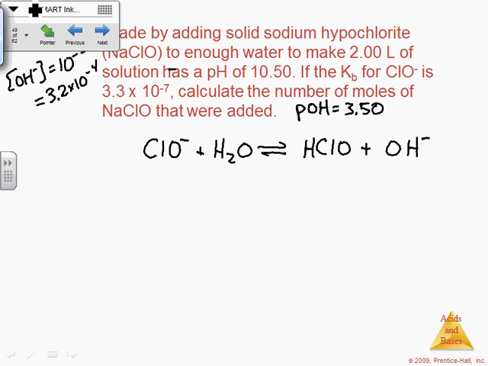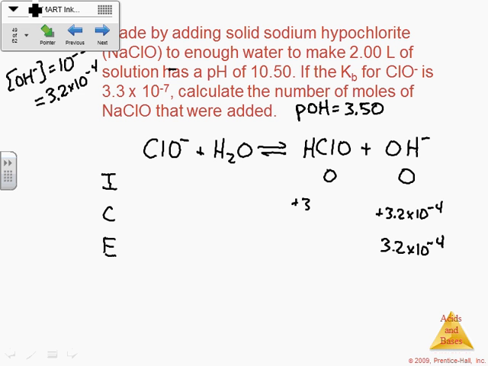So let's make our ICE table. We know this probably started out as 0, right? And now we have 3.2 times 10 to the negative fourth. So now we can fill out the change row here. This must have gone up by 3.2 times 10 to the negative fourth. Everything's 1 to 1. Plus 3.2 times 10 to the negative fourth. Minus 3.2 times 10 to the negative fourth. And we don't care. So then